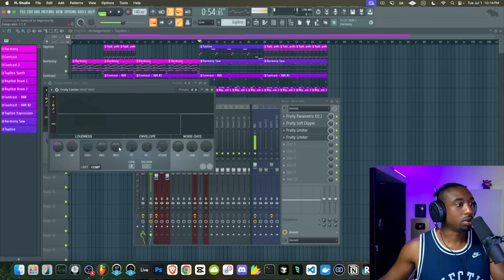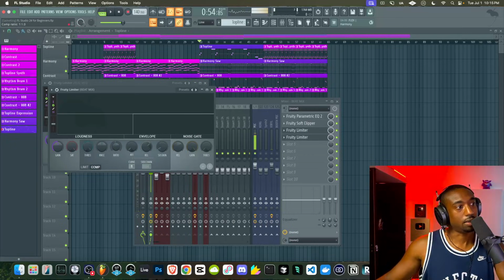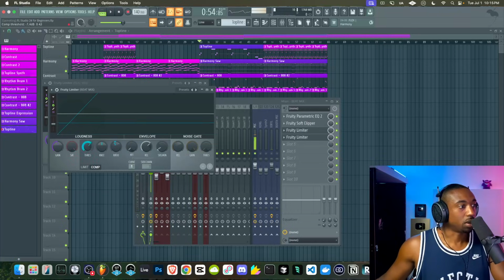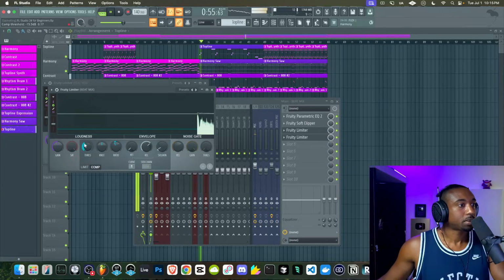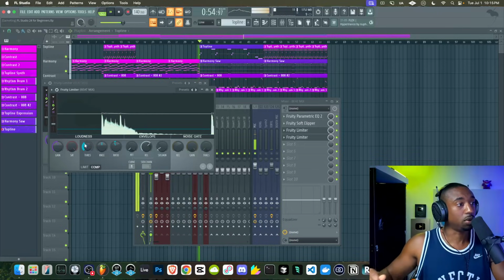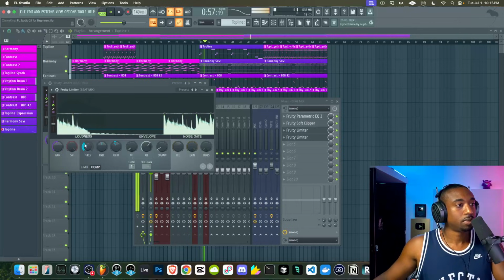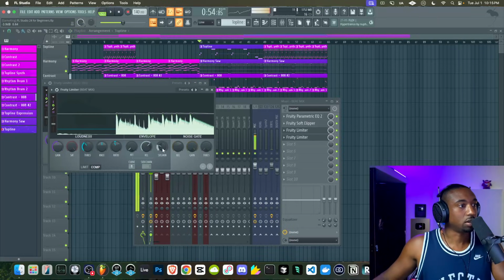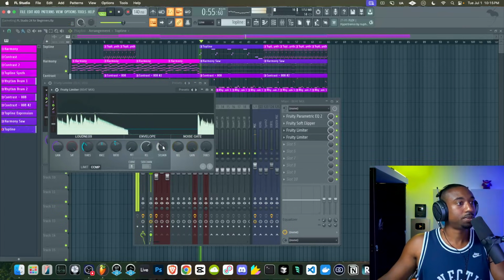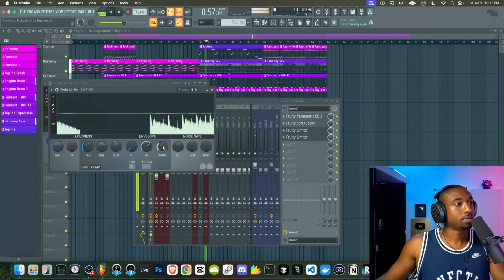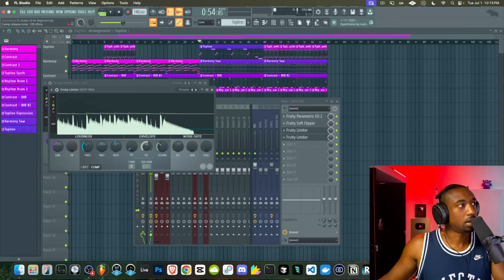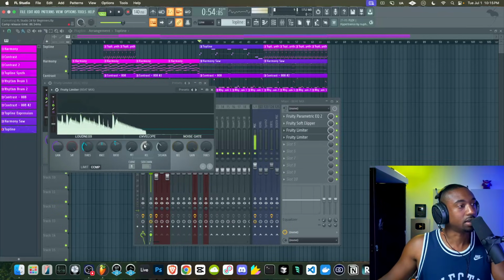Let's go to compressor mode and let's turn the ratio to the left. This is called expansion, when you add volume instead of take it away. We're going to pull down the threshold here. What we're doing is adding more volume to the peaks so that we can feel the drums a little bit more. Let's up the sustain a little bit. If you get too many peaks, just up your sustain a little bit so it doesn't feed everything in. Also pull back the release time to about 80 milliseconds or so.